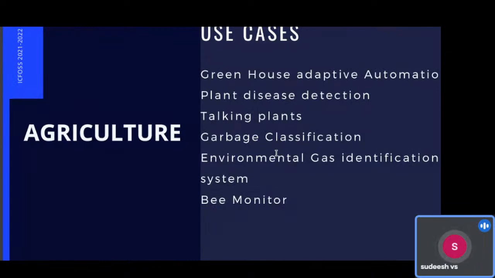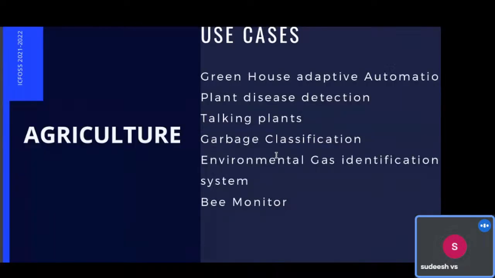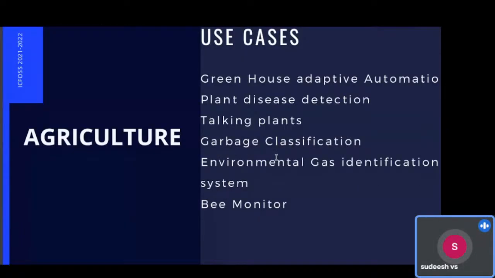In agriculture, we commonly use greenhouse automation, because some cultures need a specific environment to work out, so we need to adjust the environment depending on the need of your culture. Or plant disease detection, which is image-based, so we can detect plant disease even before it has happened.